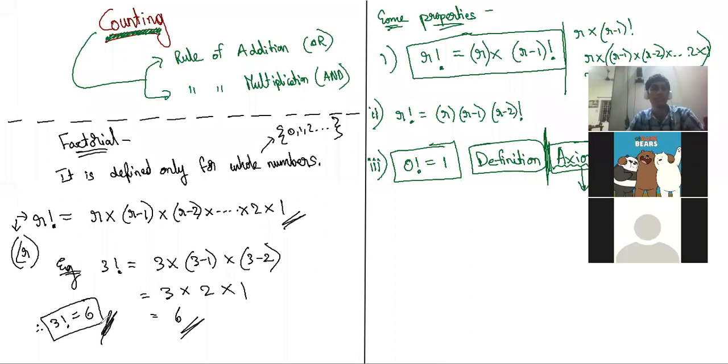See, an axiom is like a starting point. They are self-evident truths. For example, a point. A point is an axiom. Why do we say a point is an axiom? Because you have to start somewhere. If you don't start with a point, then you cannot define a line. How do you define a line? A line is a set of points. When you define a point, then you can define a line, then you can define a plane. But to start with, you should define a point.